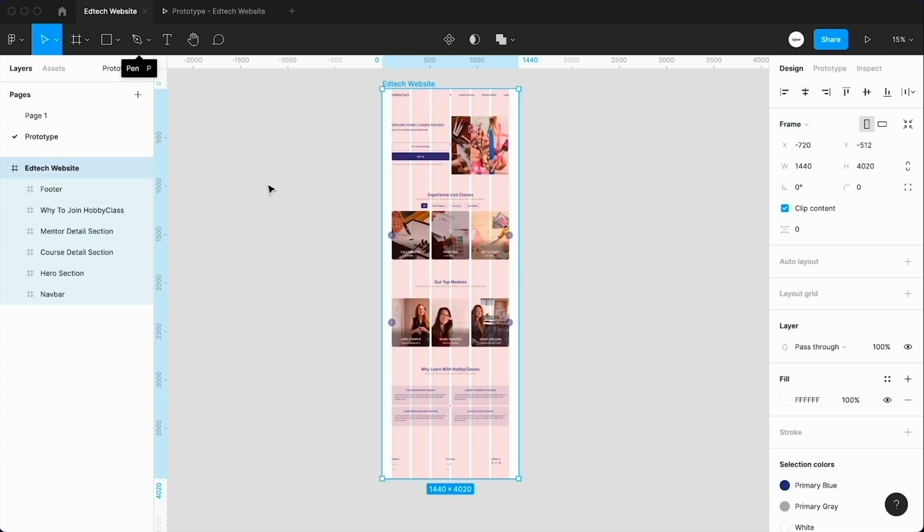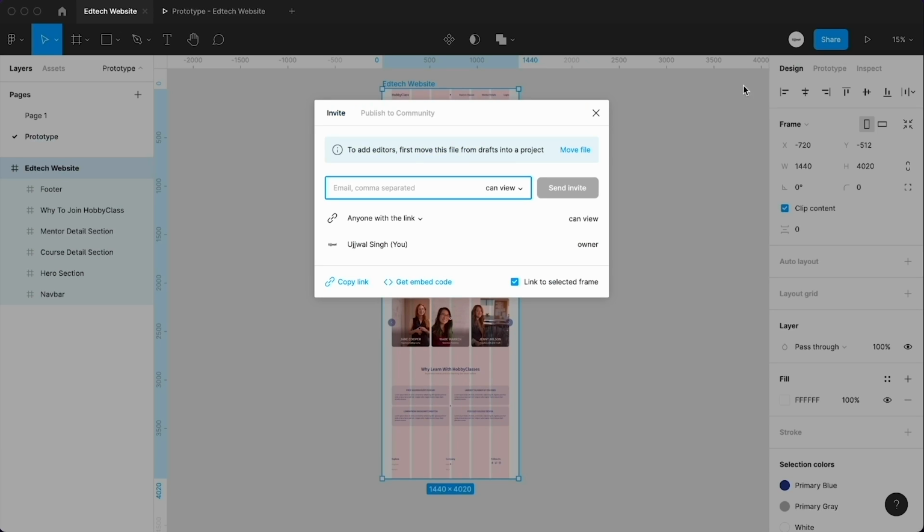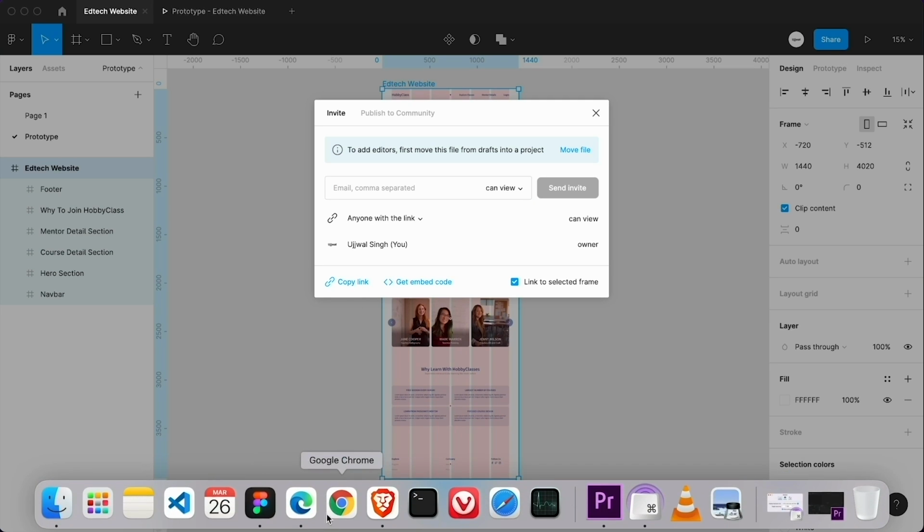Now let's create the shareable link. For creating the shareable link, we just have to click here on share and click here to copy the link. So Figma automatically creates the link. We don't need to do anything. We just have to copy the link